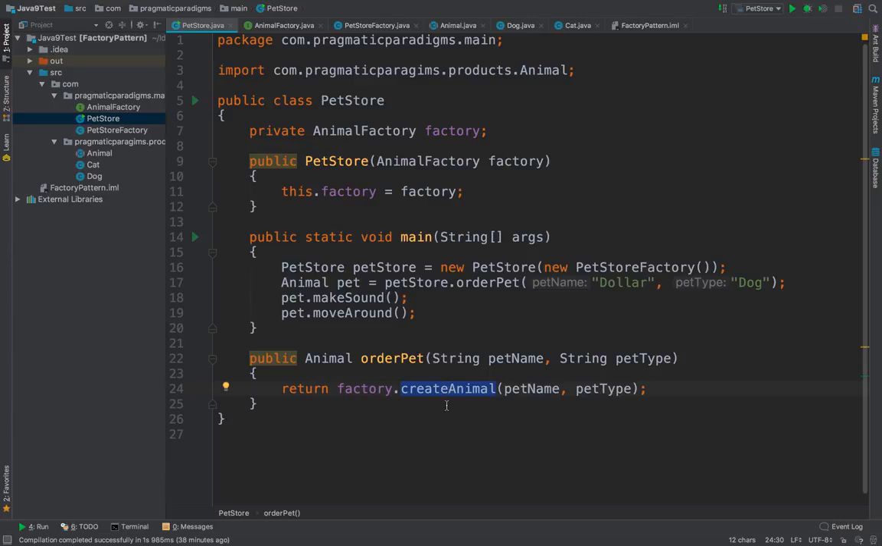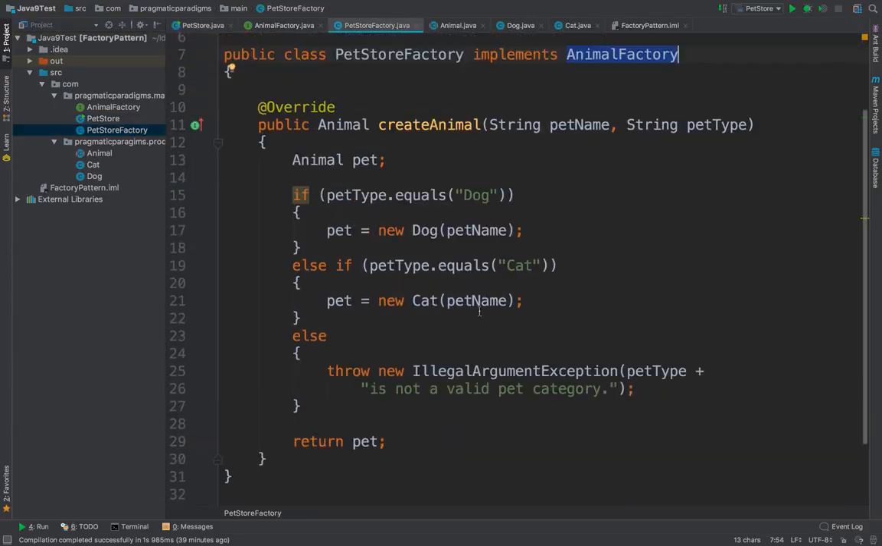It is just delegating the responsibility to the factory object, and the factory object is doing all the logic, and this factory interface is delegating the responsibility of creation of the animal class to one of its subclasses. The way we are instantiating this factory reference is by injecting an implementation of this animal factory, which is nothing but our pet store factory. So when you call factory.createAnimal, the call actually goes to the subclass of the animal factory, which is providing all